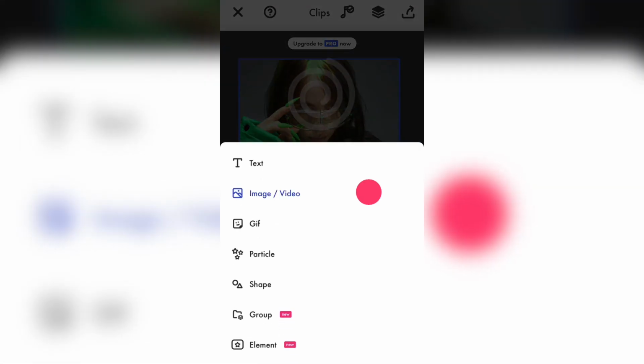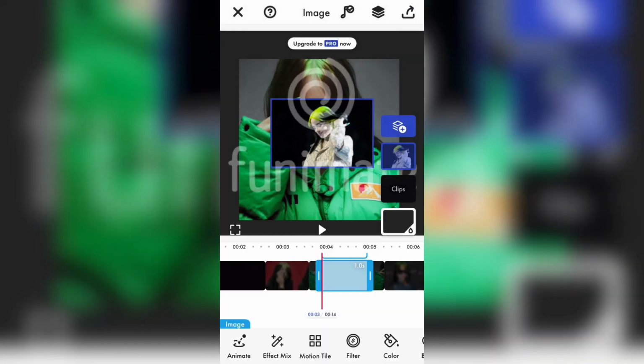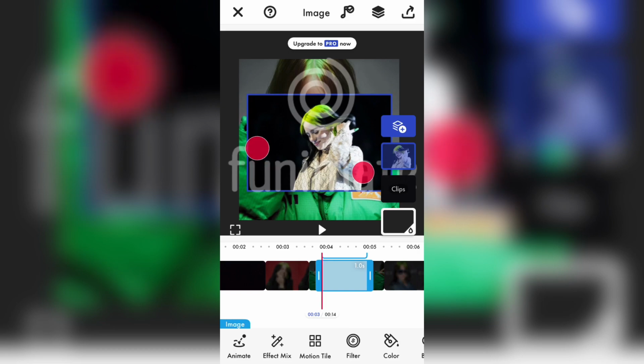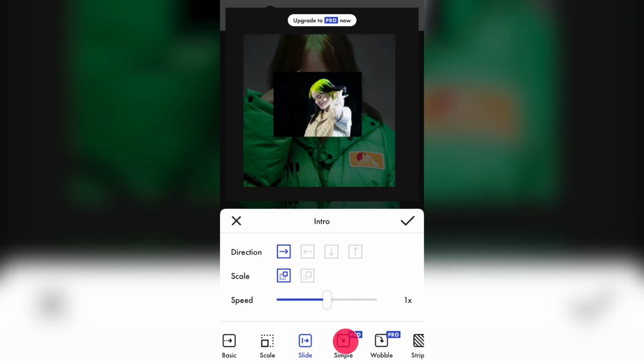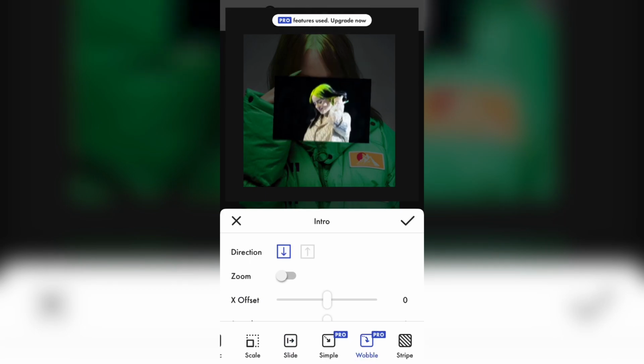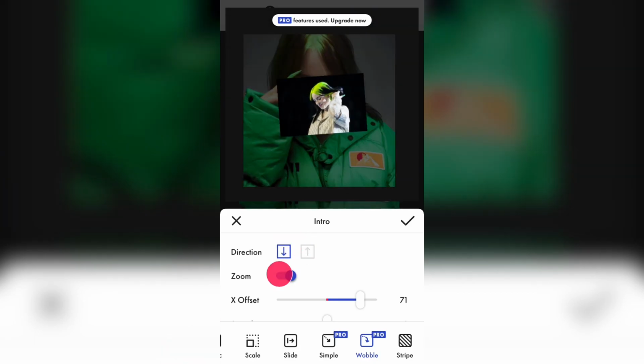So right here, I'm just gonna add an image. Again, you can use any of these that you want to add to your edit, but for this I'm gonna be using images. So what I'm gonna be doing here is adding my overlays, and I'm gonna go ahead and do that. So as you can see, I'm gonna go ahead and add scale, and I'm just gonna go ahead and add whatever transition that I want to use for my edit. So right here, as you can see, I am doing that,